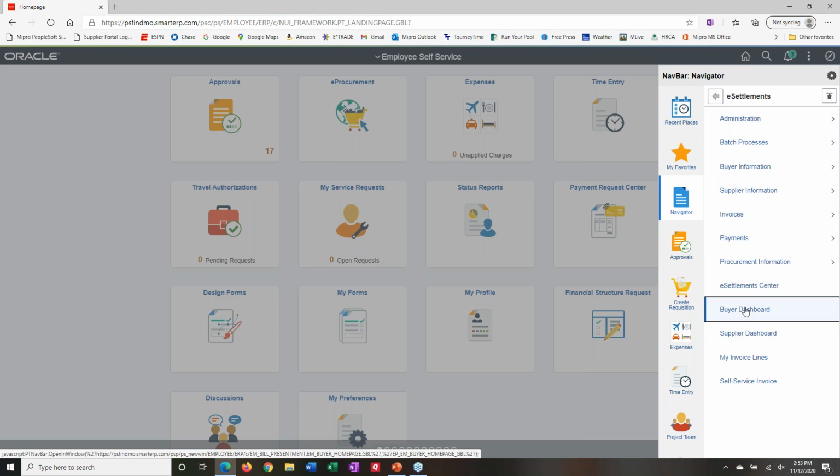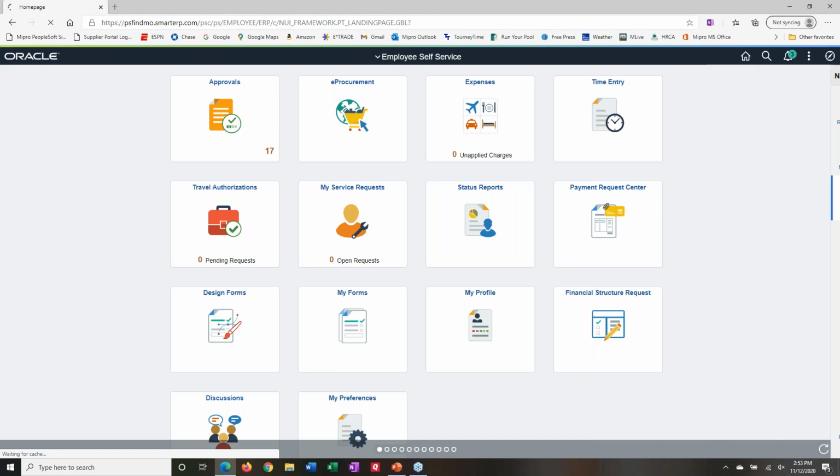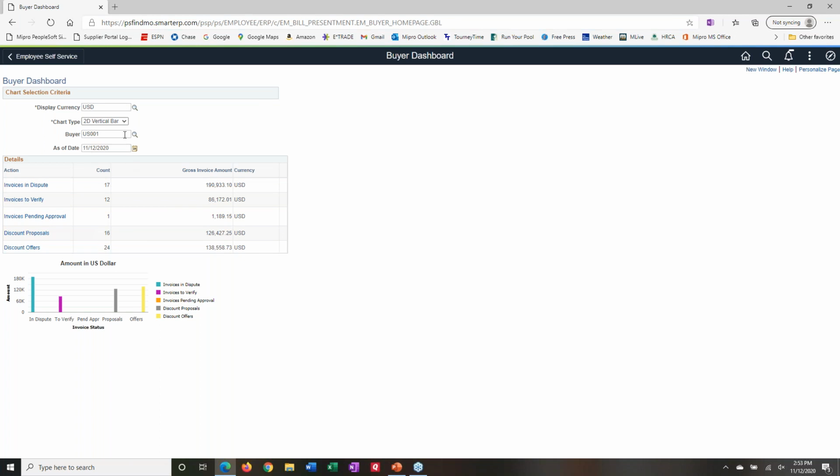As we look at our buyer dashboard, we just looked at the supplier dashboard a few moments ago. The buyer dashboard now gives us information related to a particular supplier from a buying perspective. And here we're looking at different options, of course, than we saw from a supplier view. Here we're looking at invoices in dispute, invoices to verify, and so on. By drilling into the details, my invoices to verify,